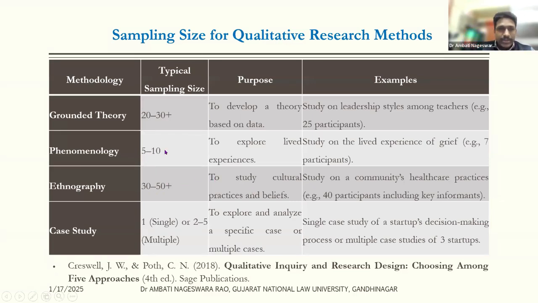Phenomenology, compared to any other method, with my limited knowledge, is the method where we have a smaller sample, even 4, 5, 10, because as you're going for more in-depth understanding, we are able to do that. In a case study, you can say that even one case study you can write a PhD thesis on. There are also studies with 2 cases, 3 cases, 10 cases that you can do. Okay, so this is all about sample size.